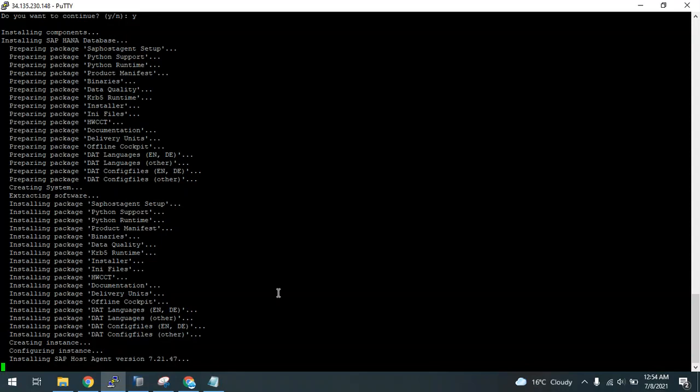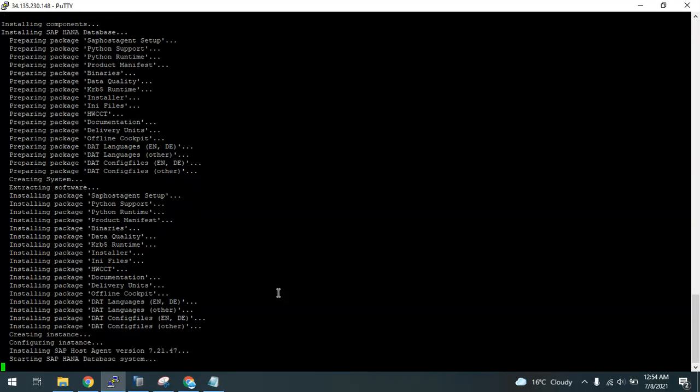Currently you can see it is installing the SAP host agent. I just want to show you all the detailed steps, so that's why I'm showing everything, not skipping anything here.